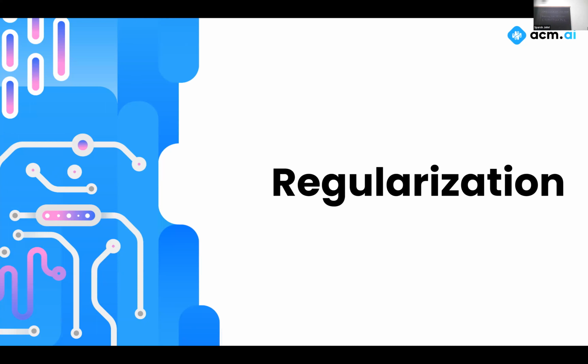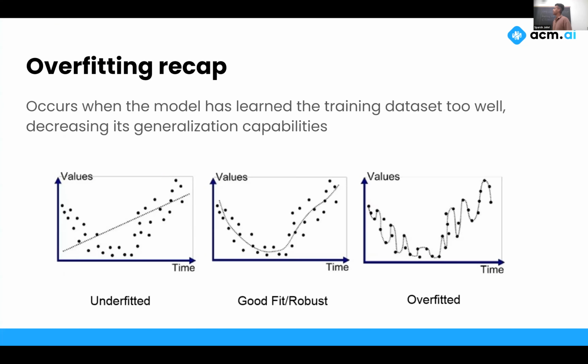Now we're going to talk about regularization. It's another pretty important technique that you can use to improve your model's efficiency and accuracy at the end. Regularization is a way to decrease the complexity of your model. Usually when training a model that's too complex, you run into the issue of overfitting, which is when the model is so good that it memorizes the training data, and so it lacks the ability to generalize